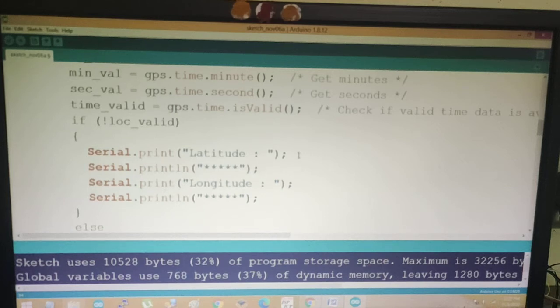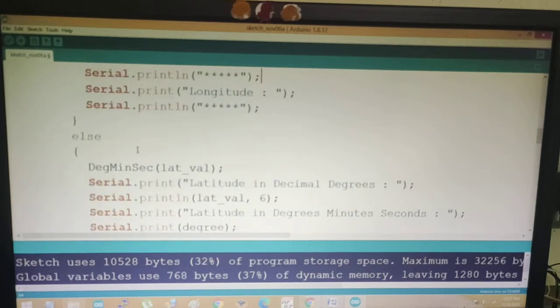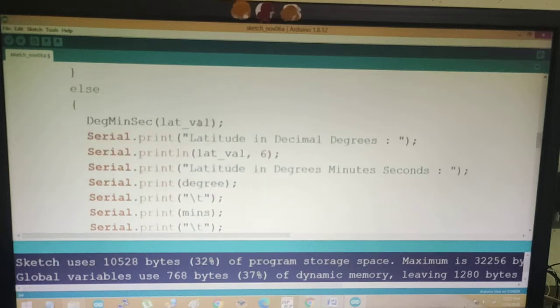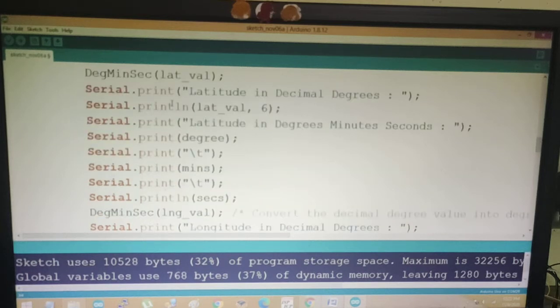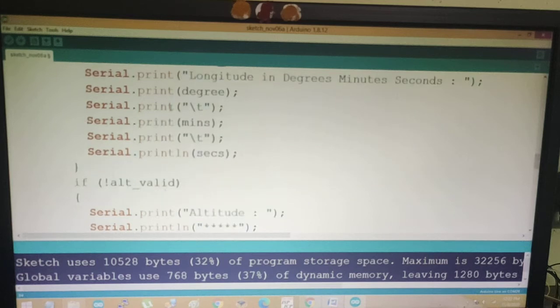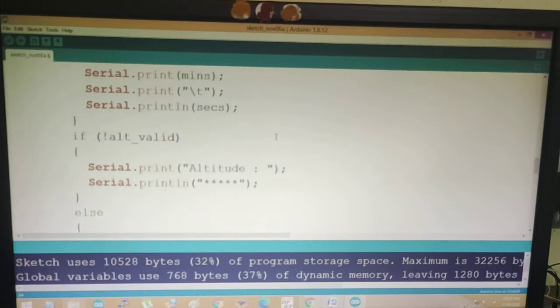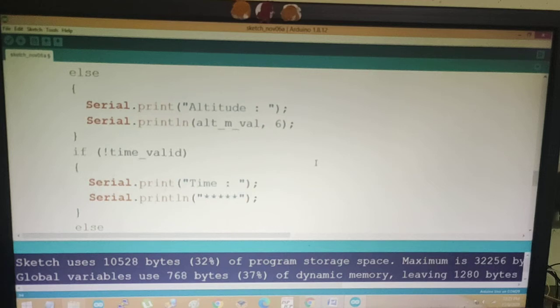If you do this, there may be a chance you will not get the network, and at that time it will print star star star. The moment you get the latitude value, time, altitude value and every data, it will read and display it on the serial monitor. If you do not get the altitude, it will print an asterisk symbol, and in a similar way if you get it, it will give the value.